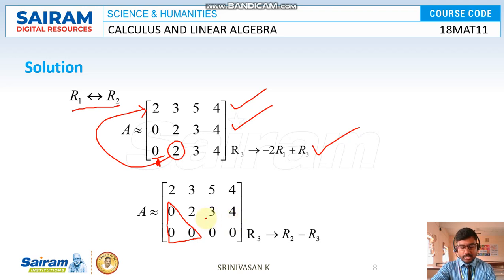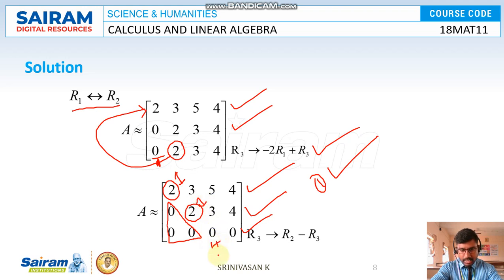What is the echelon form condition? All the zero rows are below the non-zero rows. So definitely the first row is a non-zero row, and after that the remaining are zero rows. Okay, the first condition is satisfied. What is the second condition? The first non-zero entry in any non-zero row is 1. That means the first value here should be 1, and next here you will get 1. In case you have a number like 4 here, definitely you make it 1. If it is 0, no problem. In case you have any other number, you have to make it 1.